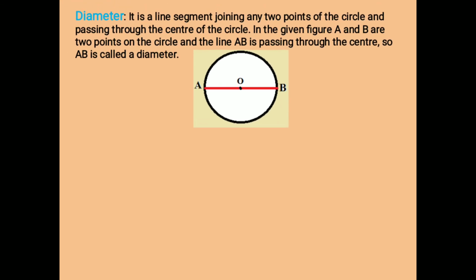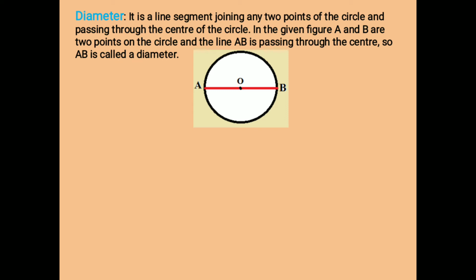The third term to discuss in circle is diameter. Diameter is a line segment touching the circle at two different points like that of a chord. In fact, diameter is known as the longest chord of a circle. The most important property of a diameter and the difference of the diameter with the chord is it should always pass through the center. That means every diameter passes through the center of a circle.